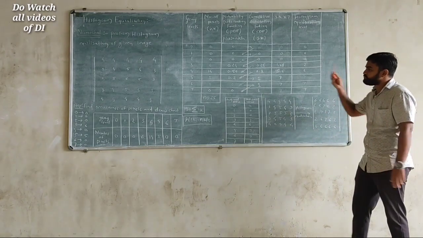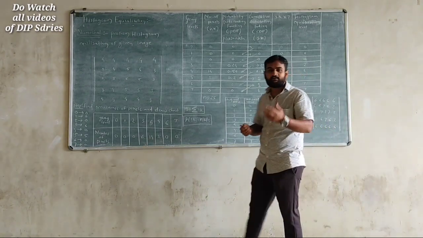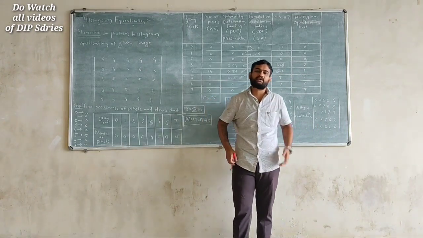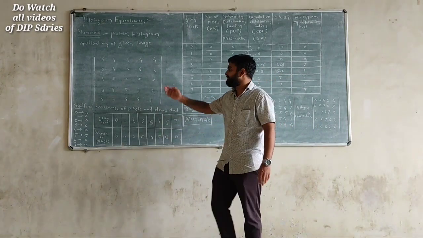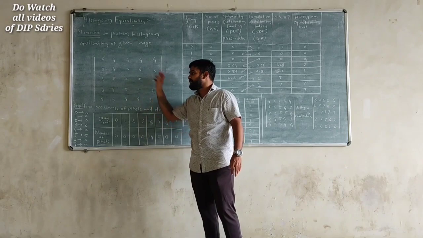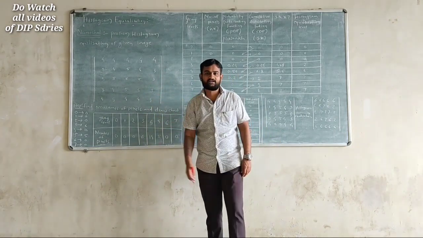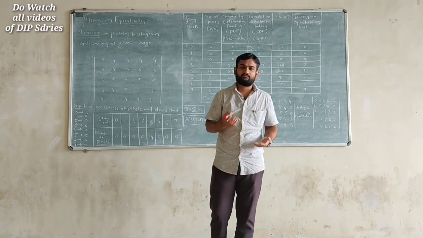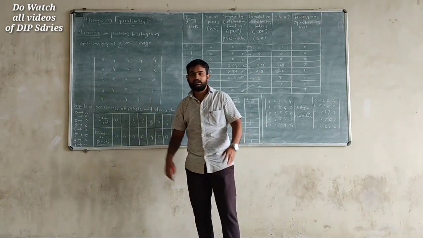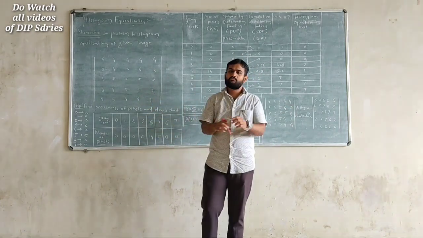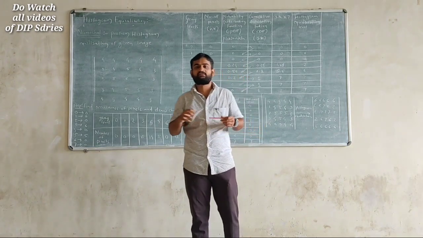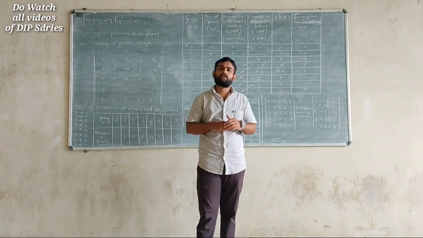So this is how we perform histogram equalization on any given input image. This is a grade level image. On this grade level image, we have found the new histogram equalization values, and we have arranged them in an output image. So in this video, we have ended this histogram equalization process. From the next video, we are going to start